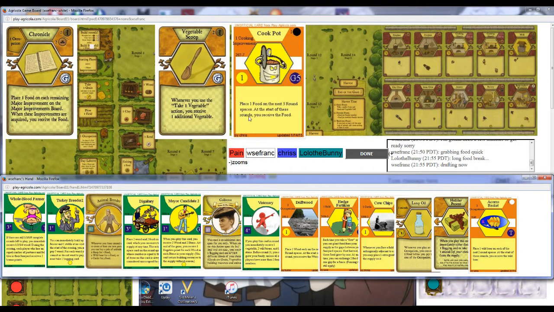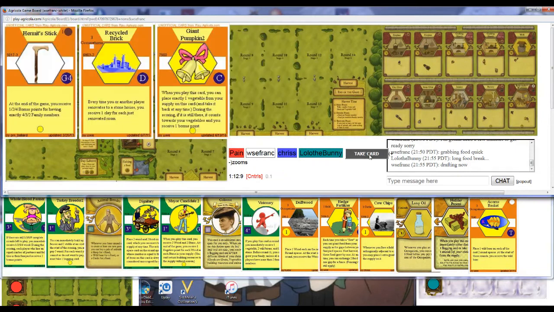And even if I play it in the middle of the game for family growth, it'll be worth a couple foods, so that seems good. And then here I'll do, giant pumpkin would be okay. Recycled brick would be okay. I think since I have collector,